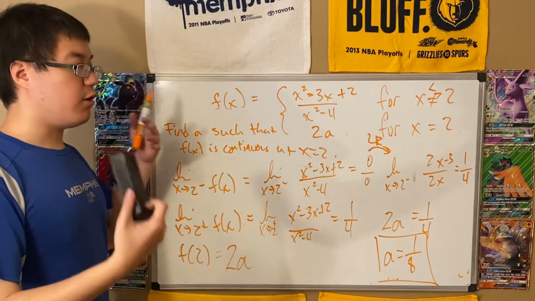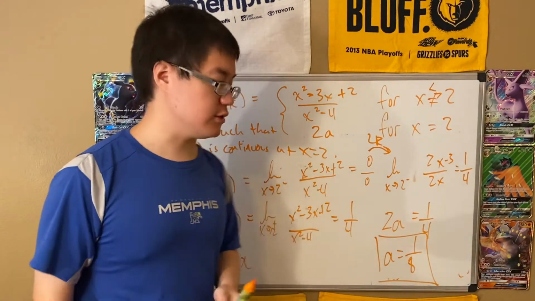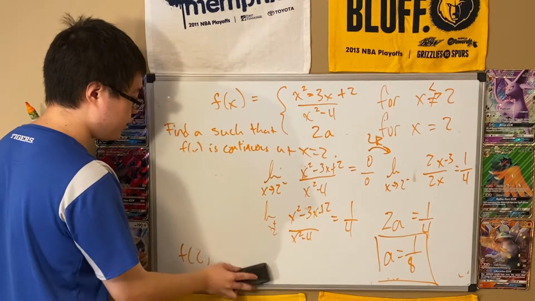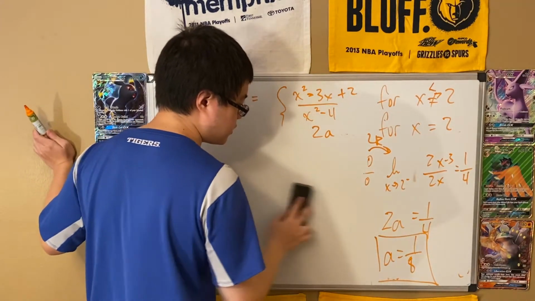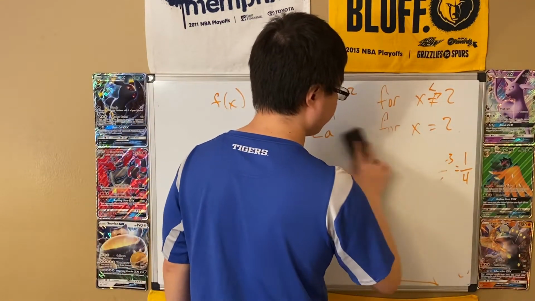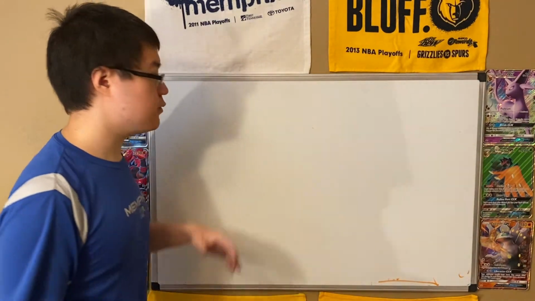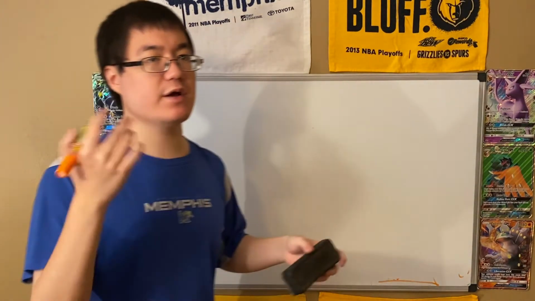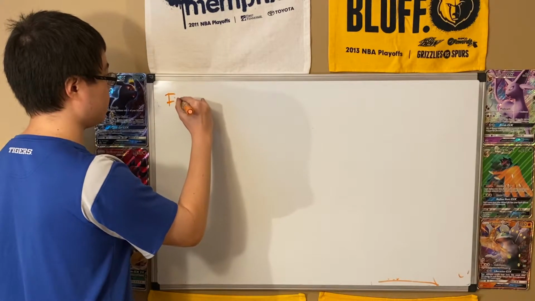Finally, let's do the hardest variation of the questions, where instead of continuous, we have differentiable. So remember, the key is that differentiability implies continuity, which is why these questions will involve 2 variables. What we're going to do is the same exact thing, except we're going to have to do it twice. One for the function and one for the derivative as a piecewise function in order for those derivatives to exist. So in this case, we're going to find a and b